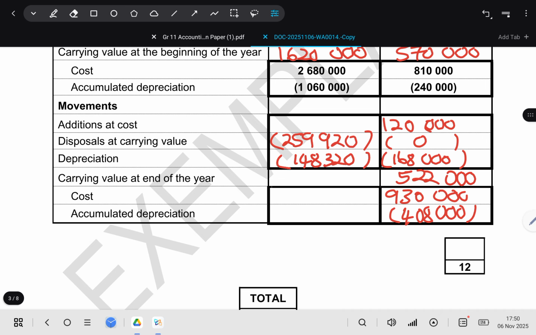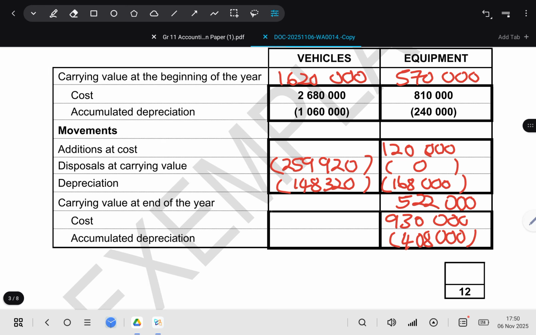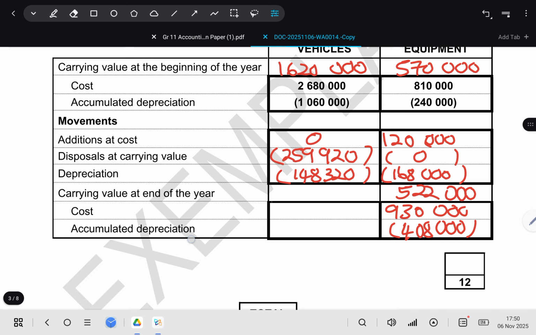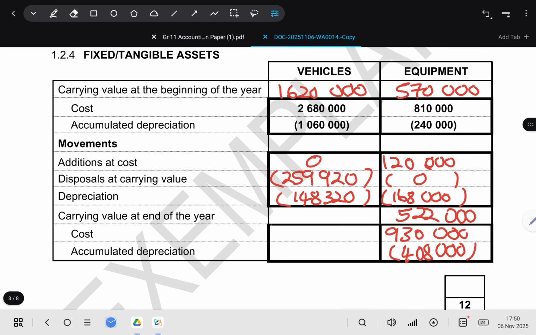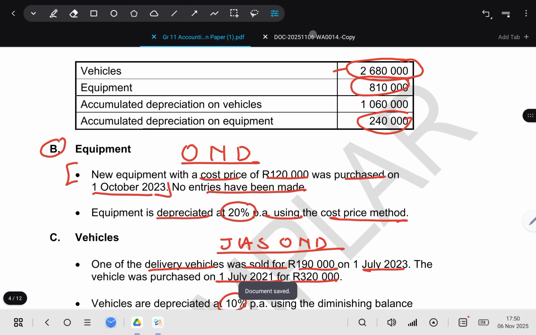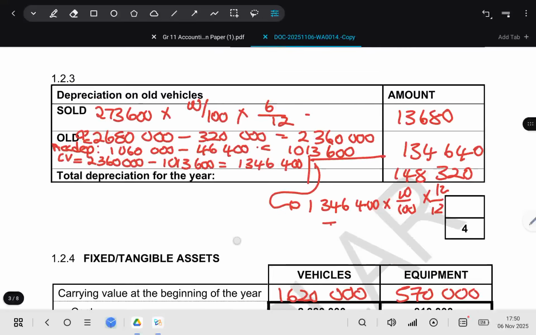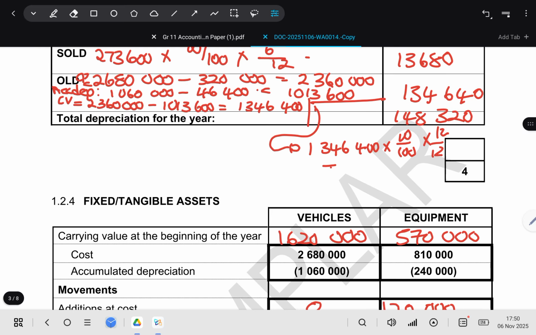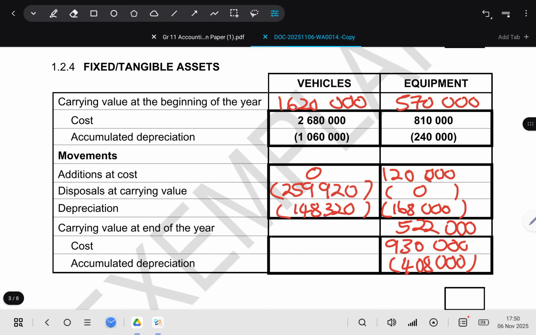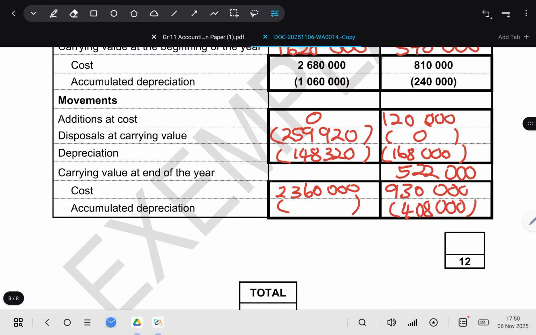148,320. Now remember, our cost price, we don't have any addition at cost. They didn't say anything about us buying a new vehicle. So obviously we know that our cost price after we sold that one, we are going to be left with, I think we calculated it somewhere, 2,360,000, right? So our cost price at the end will be 2,360,000. Our accumulated depreciation, for us to get the accumulated depreciation at the end, we are going to say